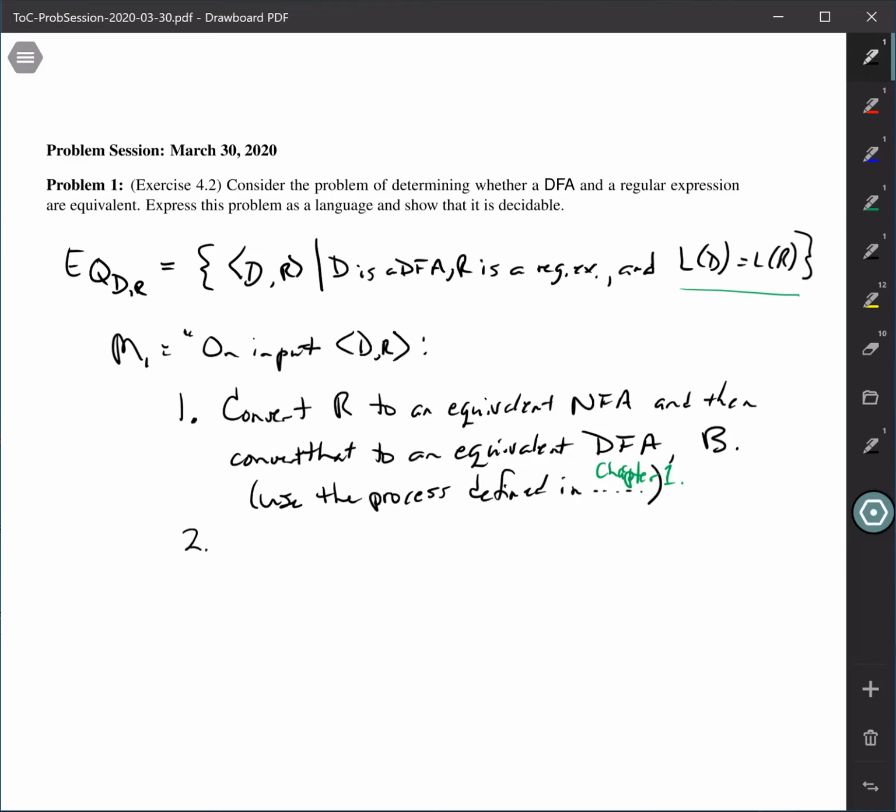Theorem 4.5 tests whether or not the languages accepted by two DFAs are equivalent. Inside the proof for theorem 4.5, just like we've got a definition of a Turing machine M1 here that we're doing as part of this proof, the name of the Turing machine that they created was F. They created a Turing machine F. So we can say use